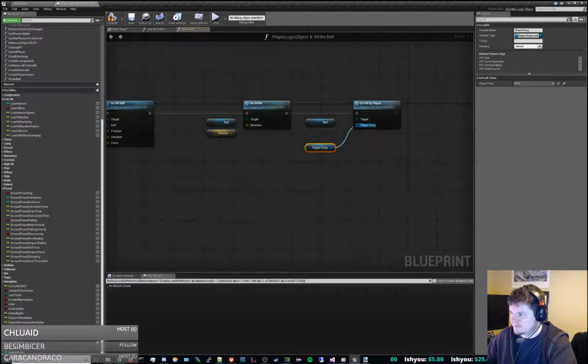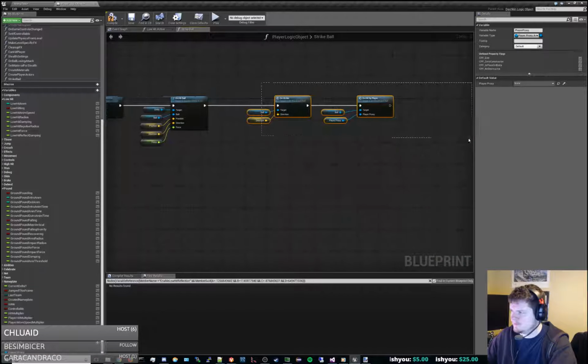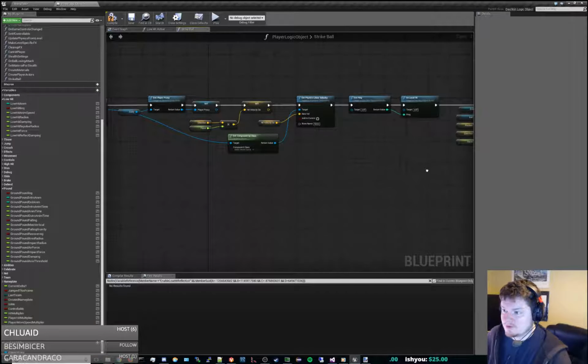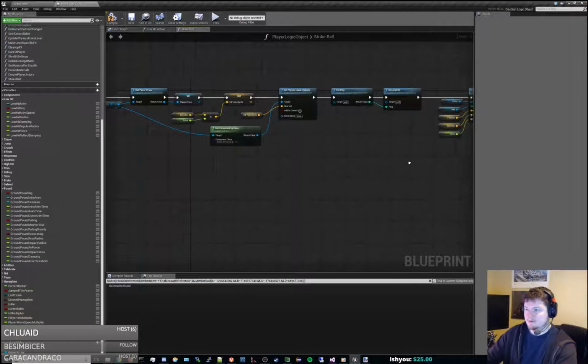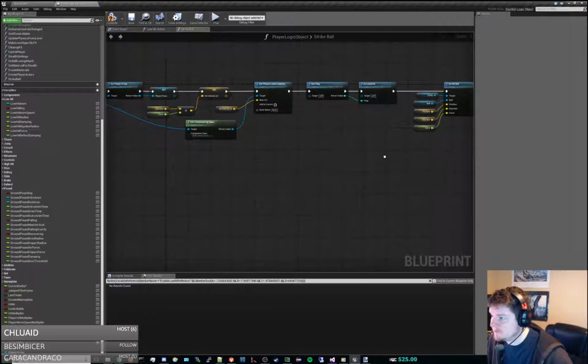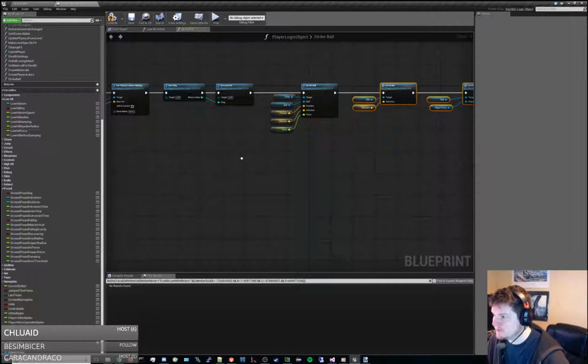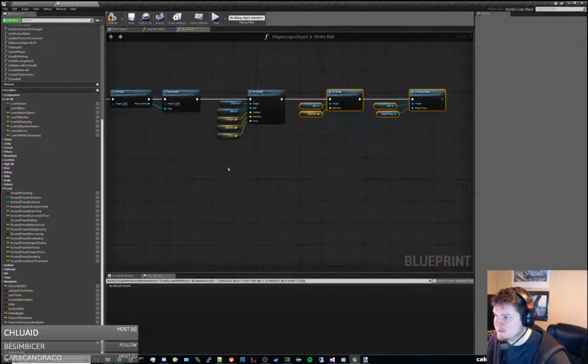Let's just snag all this and throw it in there. Alright, so that should strike ball. It should get our stuff, set the velocity properly, get the ping on local hit, tell the server that we struck the ball, and